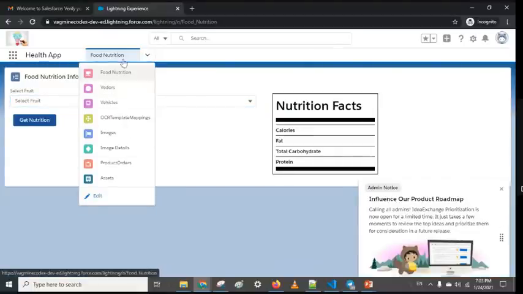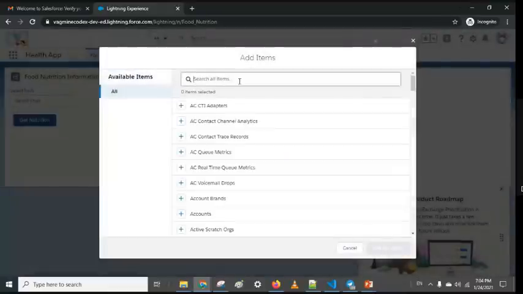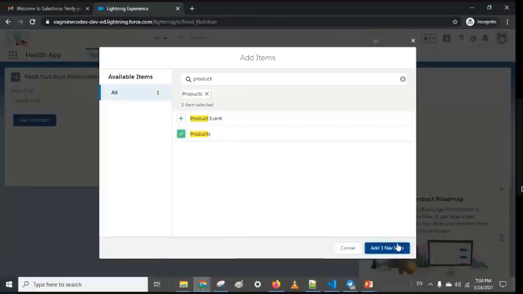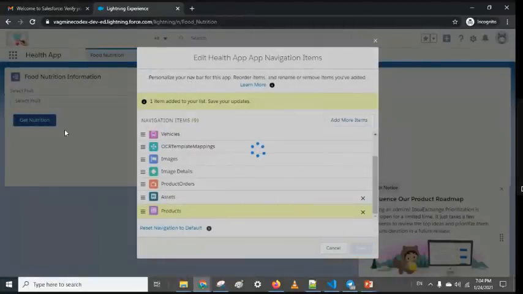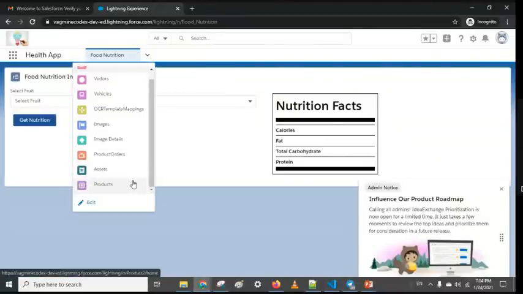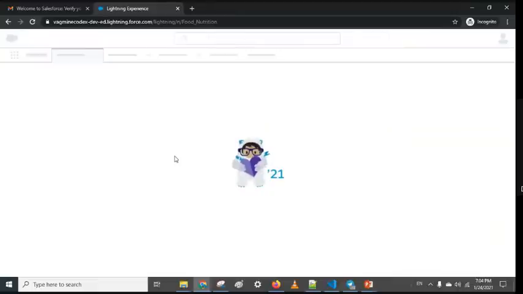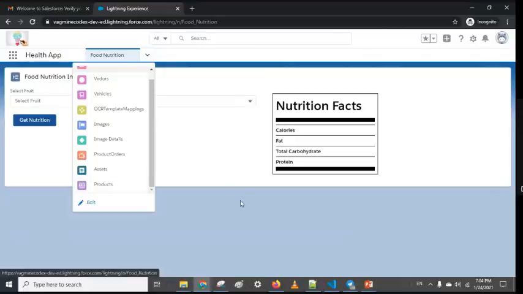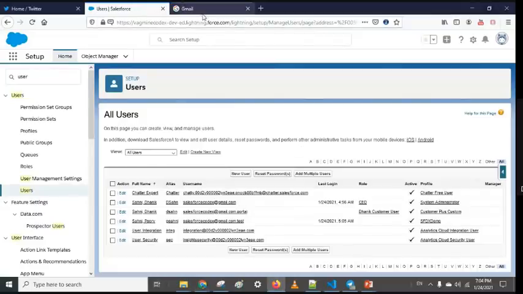Now you can see the product is not available because we have hidden that tab for this profile user. Because the tab is hidden, we cannot see it. Even if you go there and try to add that product, by default it is showing that it's not good. It's added. There's no difference between hidden and default on. So you may say it is by default hidden.